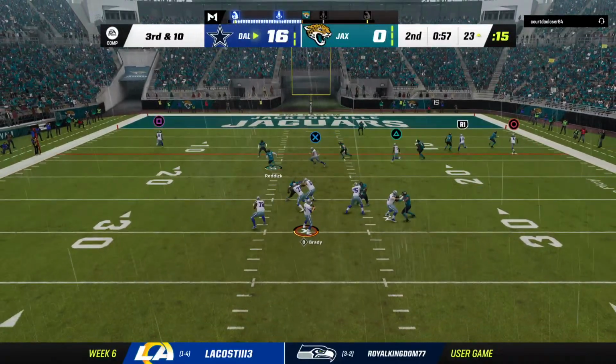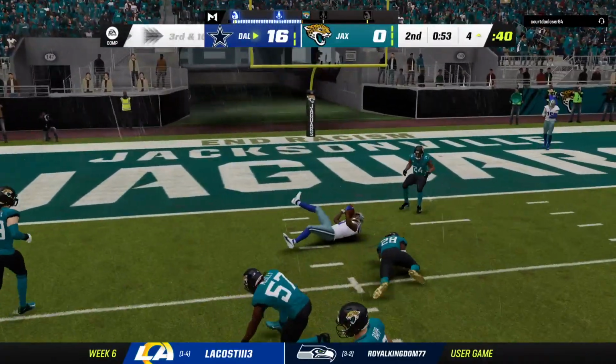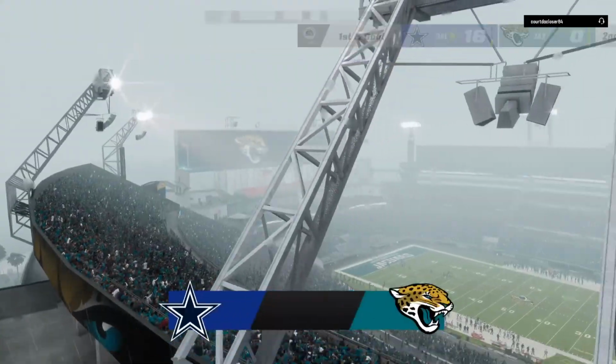Here's Brady to throw. Going down the middle, and it's complete. And all the way down inside the...